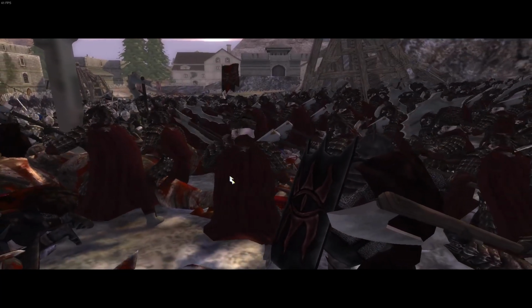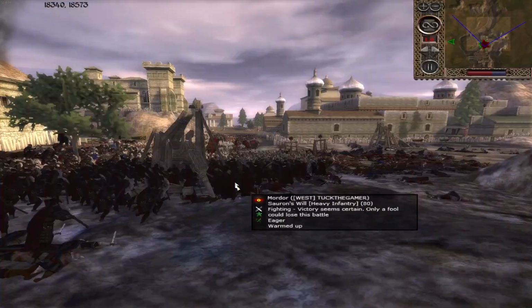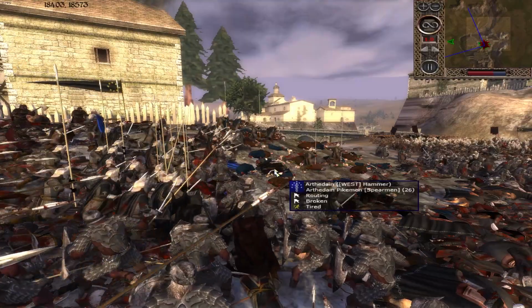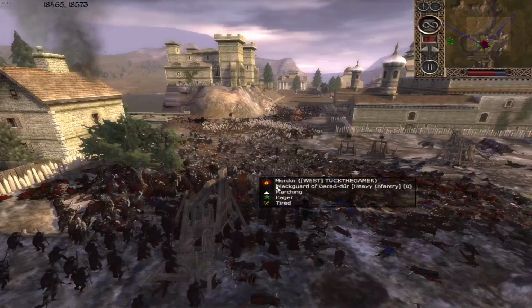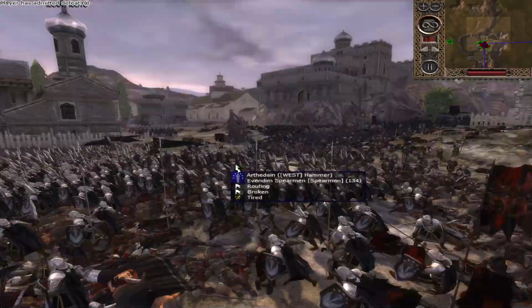And there goes Arthedain's General. He was in the thick of it. That'll be pretty devastating. Lots of these pikes breaking. Same with the Men-at-Arms. Looks like the Gate Guard, yeah. So that side's pretty much cleared up. Just like that. Would have been nice to watch the rest of it play out, but